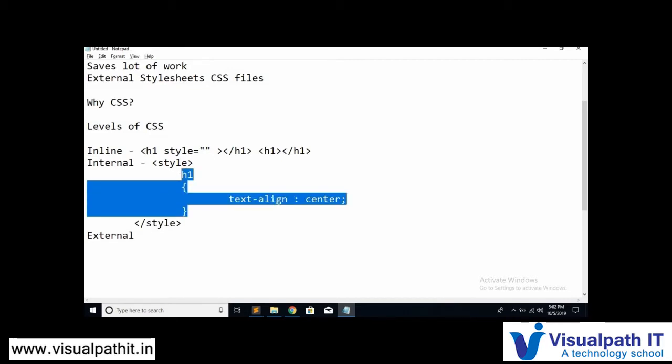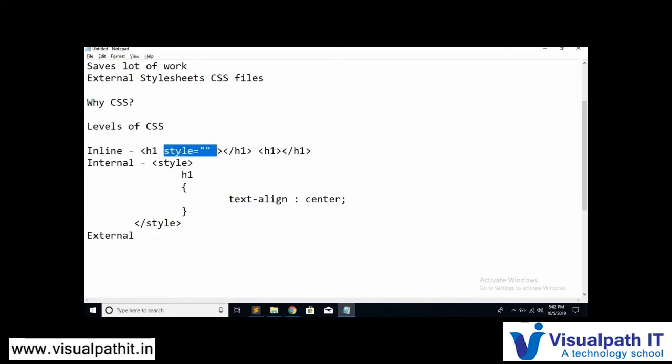But when I talked about inline, the tag which has the style attribute is the only tag that will be given that attribute. So if, for example, I say here text-align center, only the content in this h1 tag will be aligned to center, but the contents in the other h1 tag or the upcoming ones will be on the left, because by default the text is aligned to left, right?